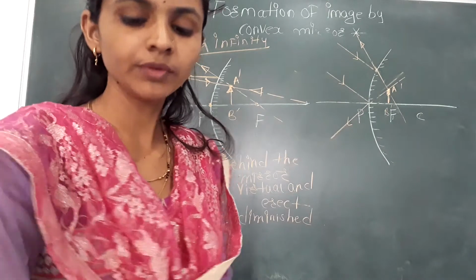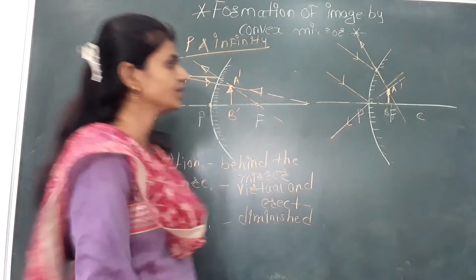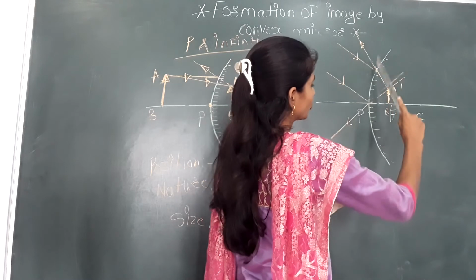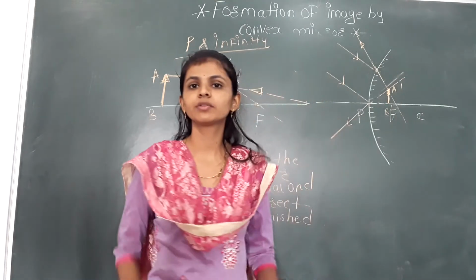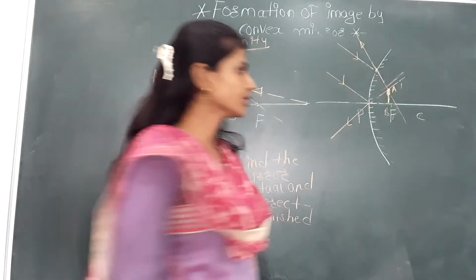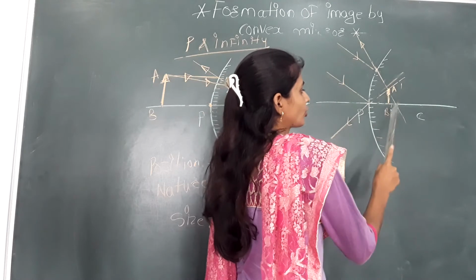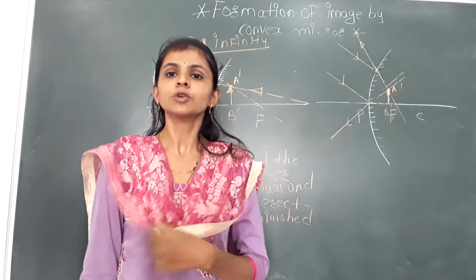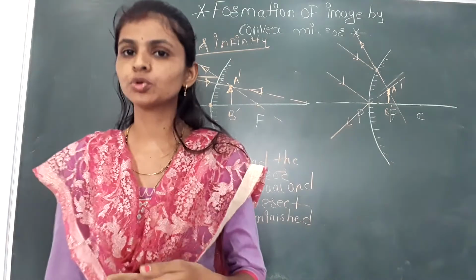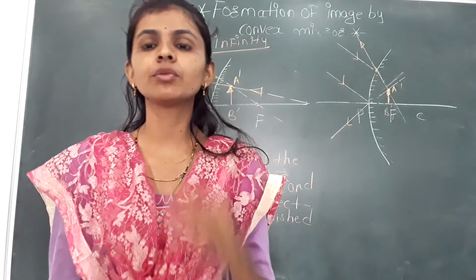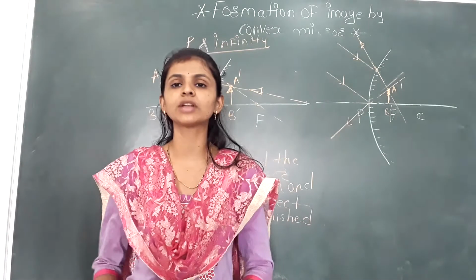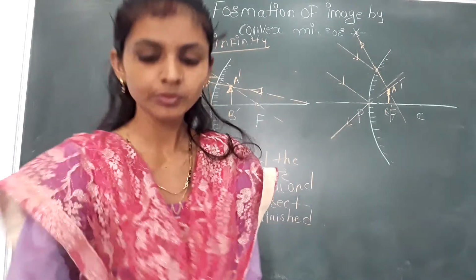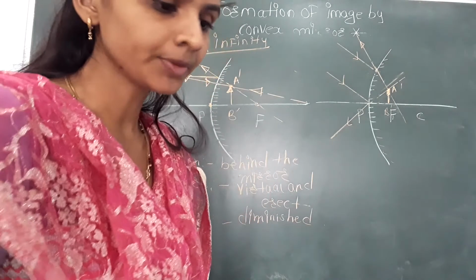Now whenever we keep the object at infinity in the case of the convex mirror, we pass the rays on the pole, and they reflect at the same angle, and the two lines intersect on the focus, so at that time we get the image on the focus. So the image is erect, virtual, and diminished. Whenever we get the image on the focus, the image is diminished and of pointed size. Now here I am going to write down the